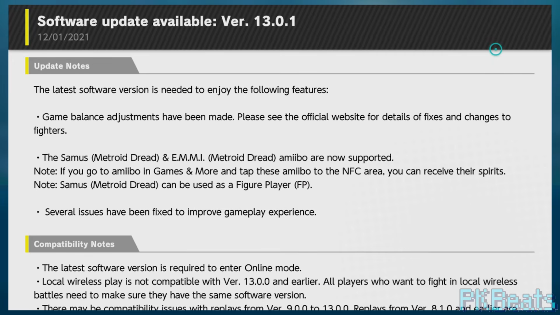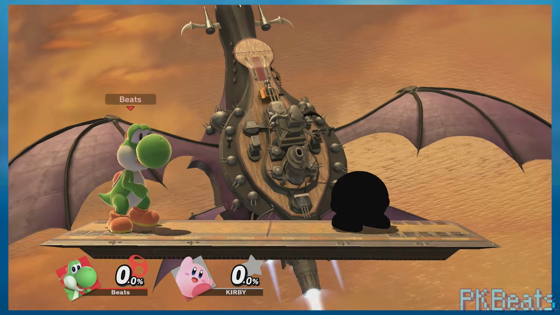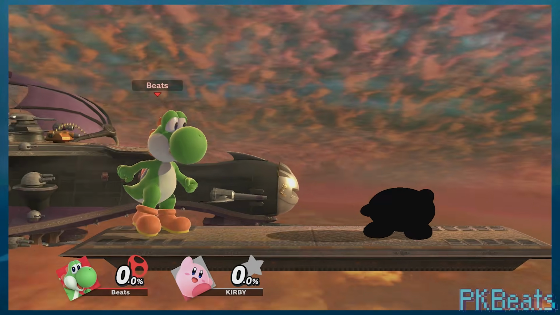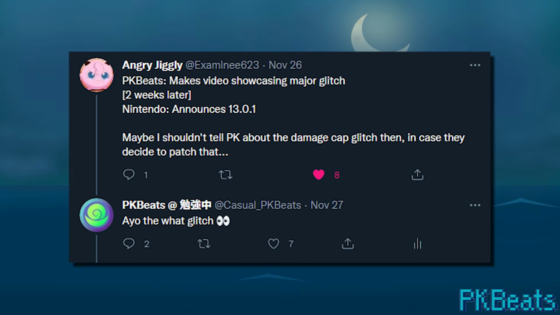I still don't really know how many more potential patches will release for this game, as they may have to add things like amiibo support for the amiibo that get released in 2025 or whatever. But I think it's fairly safe to say that glitches we go over on this channel from now on are here to stay. So in that spirit, let's talk about today's main prompt by Examinee623, regarding a glitch with your